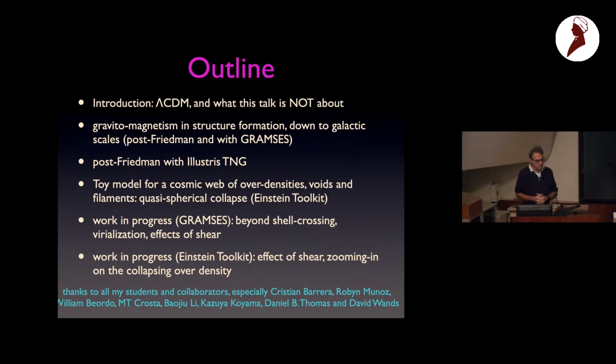And then I'll pass to a full GR description, where I use a toy model for a cosmic web with overdensities, voids, and filaments, which leads to quasi-spherical collapse. This is done with the Einstein Toolkit, which is a full GR code. And then I will finish the talk with some work in progress. Right, so